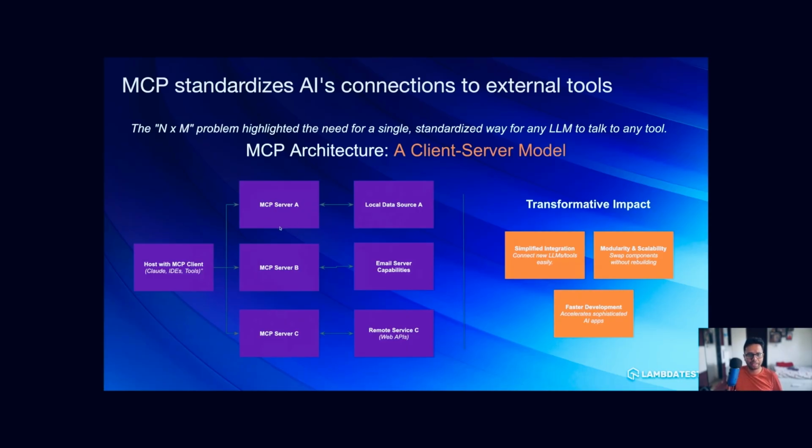Like for example, let's say this server C was the Jira MCP that we created, or the Atlassian MCP, and tomorrow I want to just move to something else. Then all I have to do is just move to server D, which is my new project management tool that I have onboarded, if they provide APIs to me, and that's done. I don't have to go ahead and change any code out here, and it makes the development a lot faster than you expect, right?